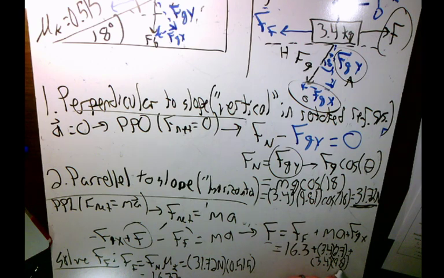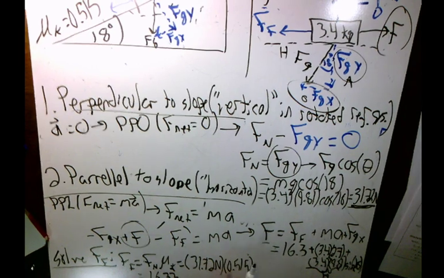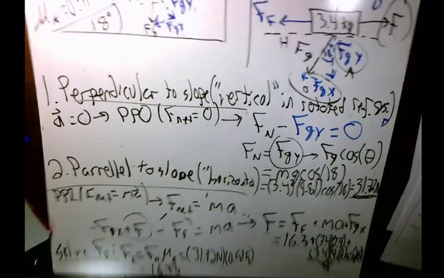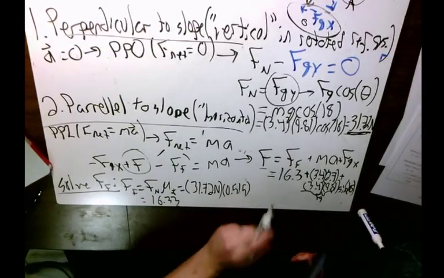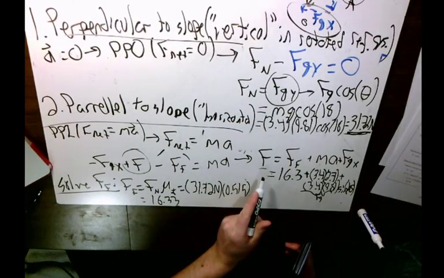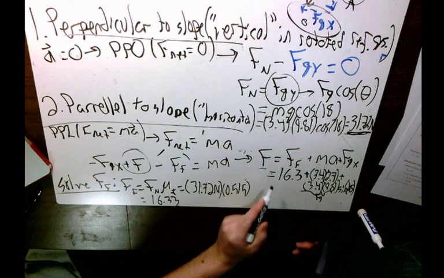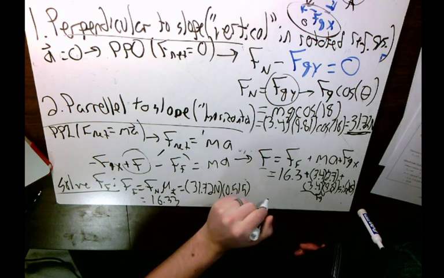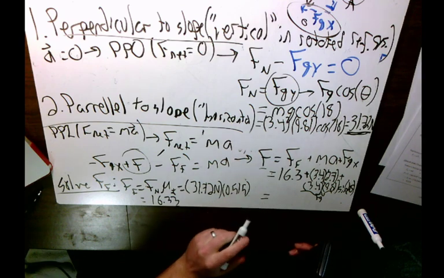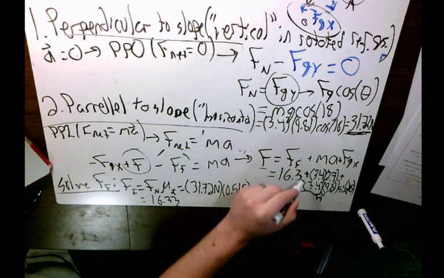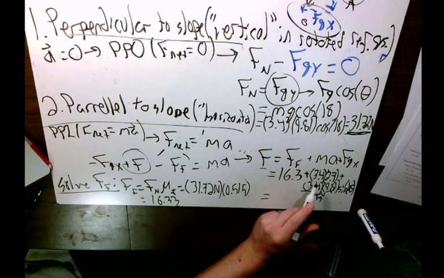So this is our Fg, and then multiplied by sine of 18. All right, adding all of those together, that force that's applied in order for it to accelerate at 2.7 meters per second squared needs to be 16.34 plus our mass times our acceleration